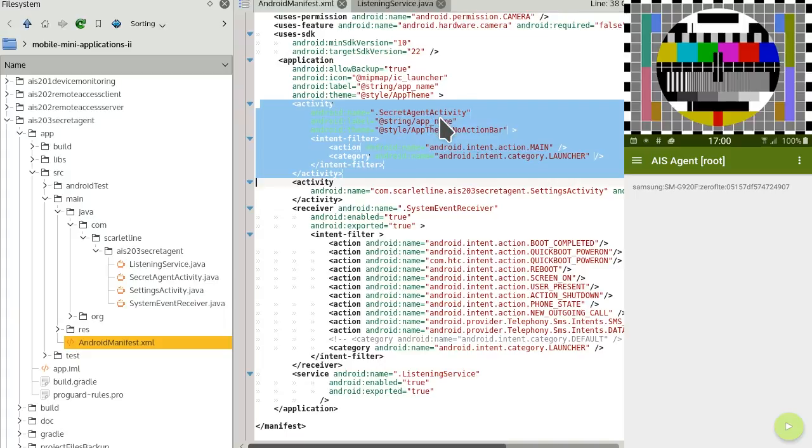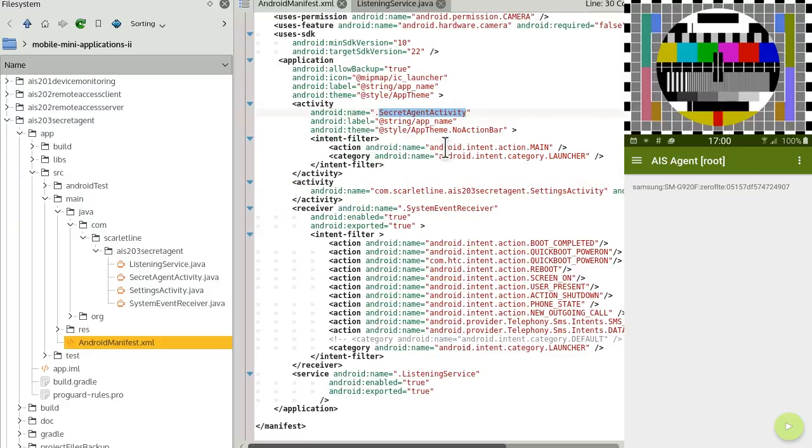We don't use the GUI very much in the secret agent because almost everything that it does is in secret, and it can't be seen. If you're holding the device, you probably won't even know it's happening. But as I say, most Android apps have this. That's the class that's fired up for the GUI, and that's about it. It's launched from the main screen,